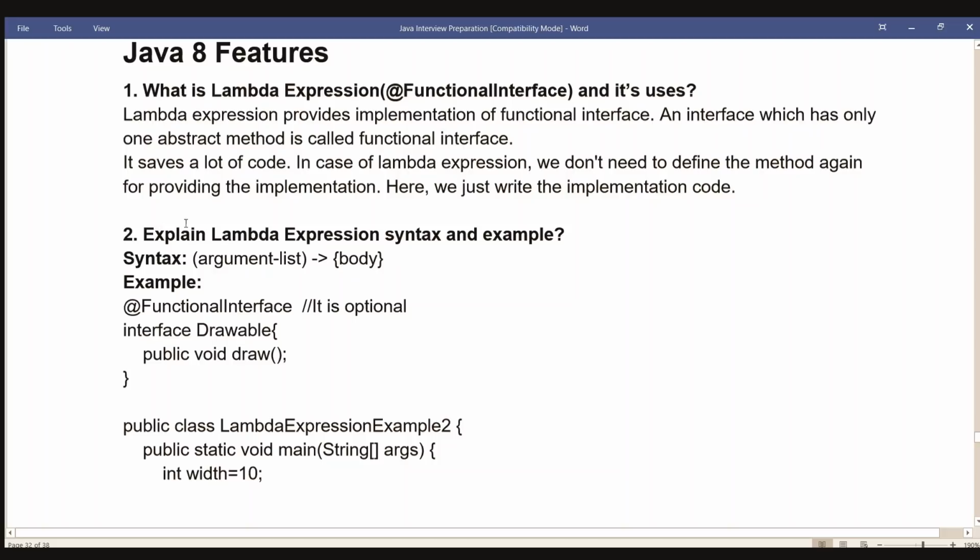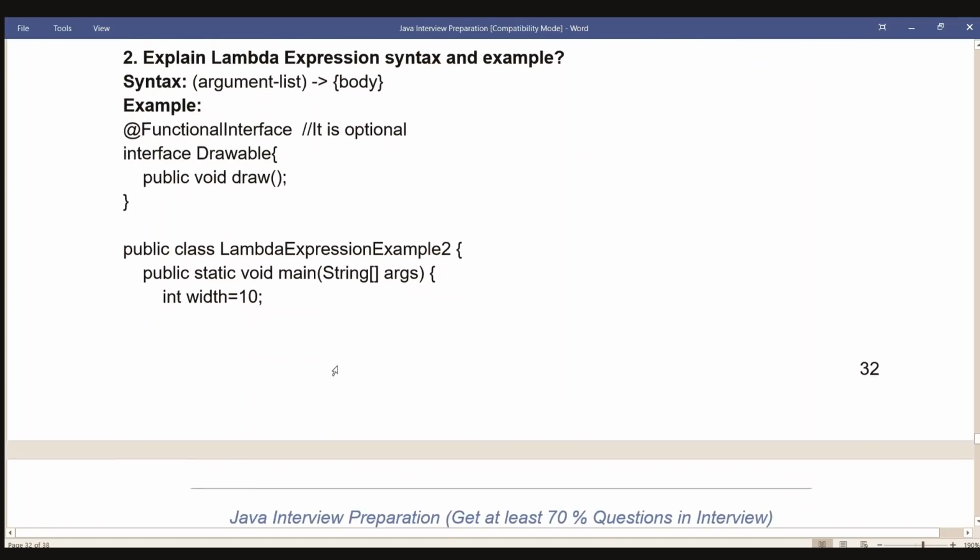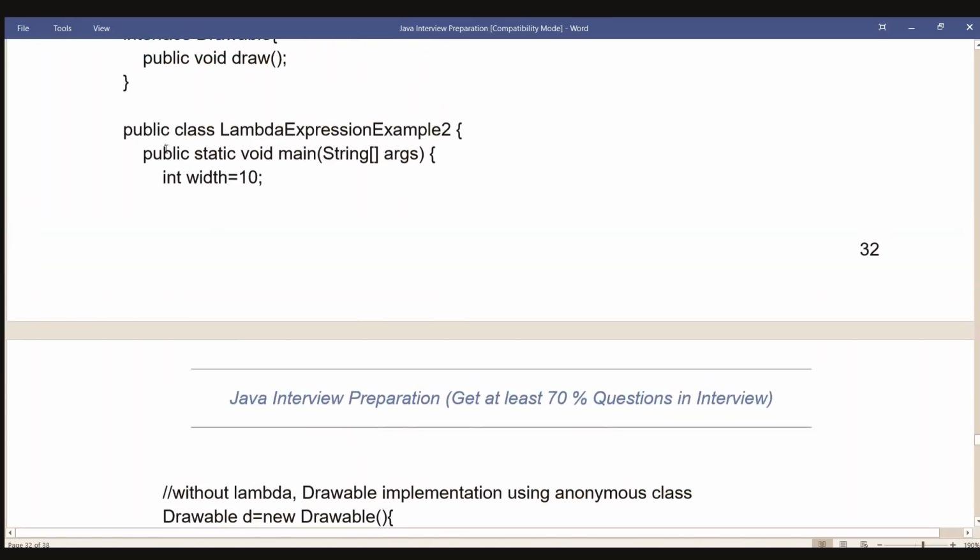To explain Lambda expression syntax and example. Syntax: argument list, arrow, body. Example: @FunctionalInterface // it is optional. interface Drawable { public void draw(); } public class LambdaExpressionExample2 { public static void main(String[] args) { int width = 10;